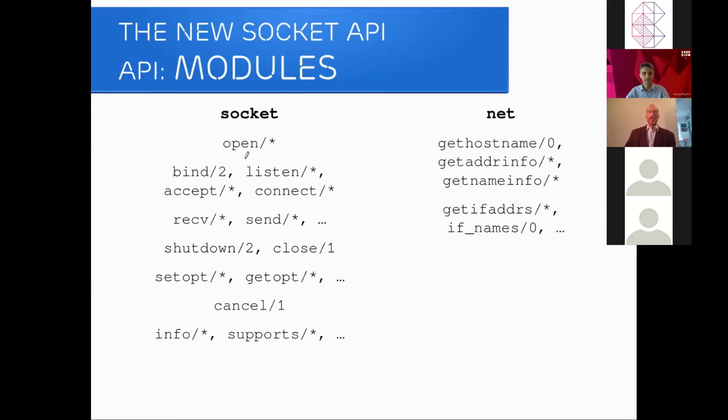The socket module handles socket things, so this is the POSIX stuff. The net module handles not-socket things. We here have, for instance, get your own host name, and we have resolver functions. So here we had to decide on, should this be the new resolver or should this be a component in the old resolver? You have a whole resolver system in inet today. We also have some own stuff here that's not POSIX. I will come to that.